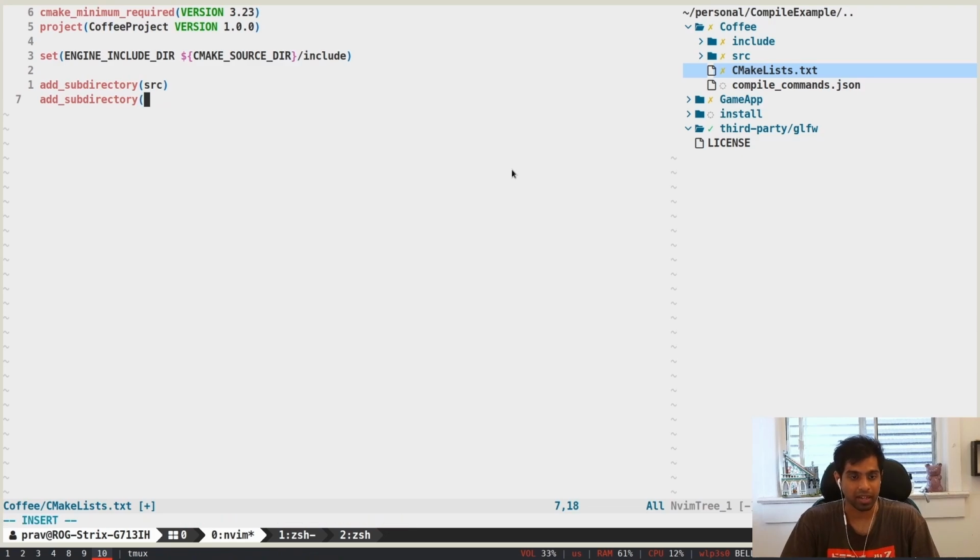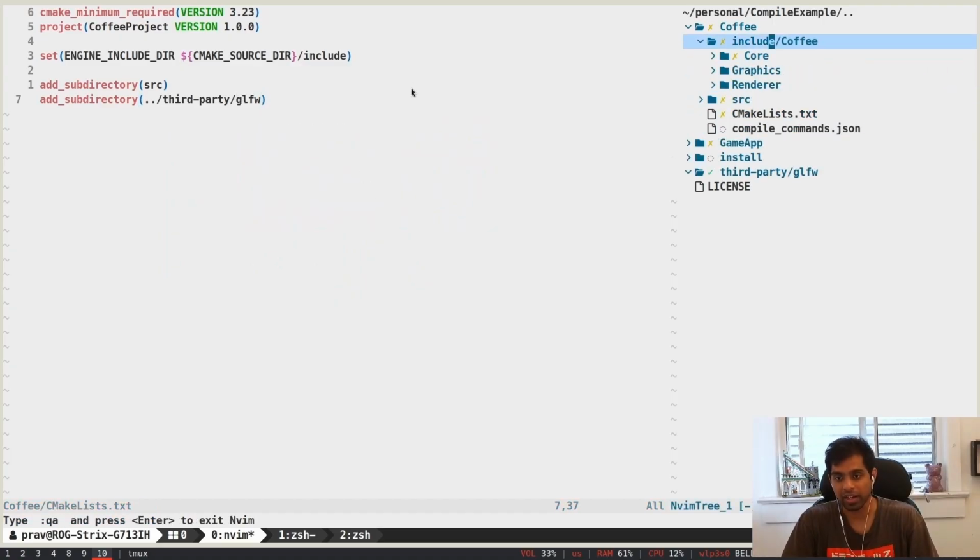So I'm just going to do that, add subdirectory, and I'm going to go back one directory, which I'm right here. Sorry, not install. I'm going to go to the source folder, right? The third-party GLFW folder. So I'm going to say third-party and GLFW, okay? So I can just do this, and I don't need to